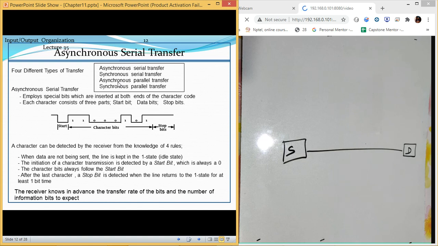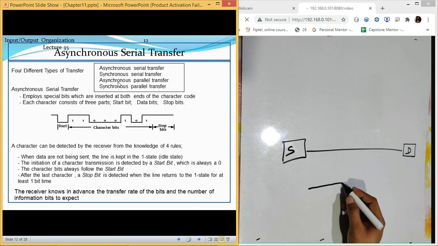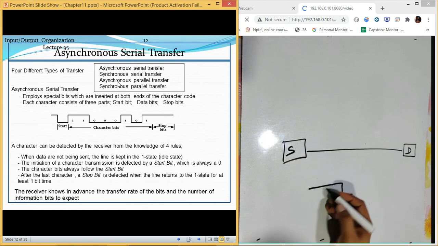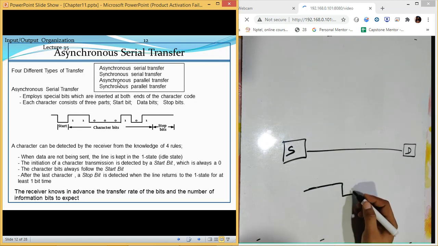Now what are those special bits? It is low, high. Now what does it mean? If the value is 1 for a particular line, it means there is no data sent. Whenever the line becomes 0, it means it is the start of the data sending. So there are certain bits which are assigned, low functioning, high functioning, sorry. When it is high, it means no transfer is happening. When it is low, it means we are going to start a transfer. So let us just discuss how it is done.